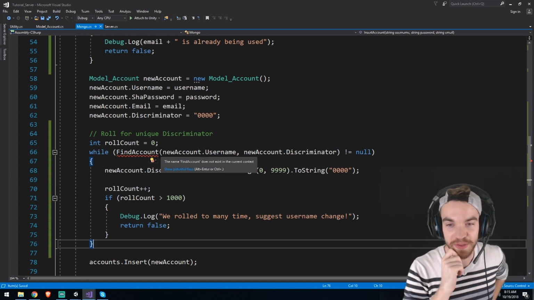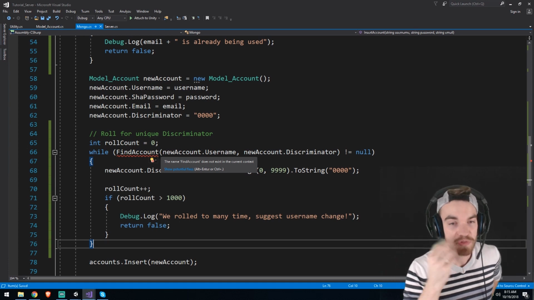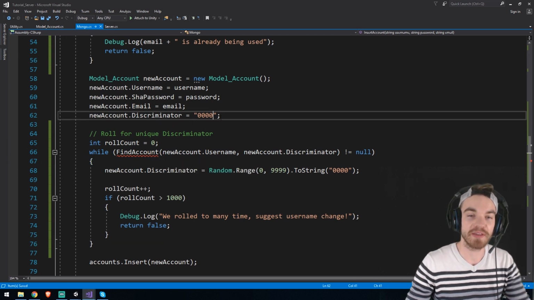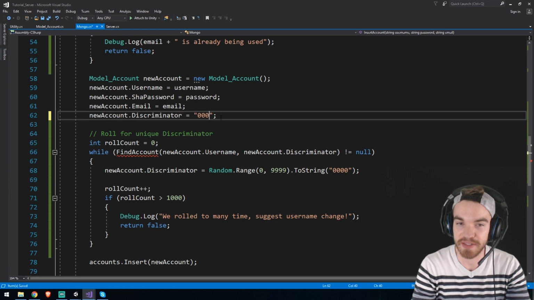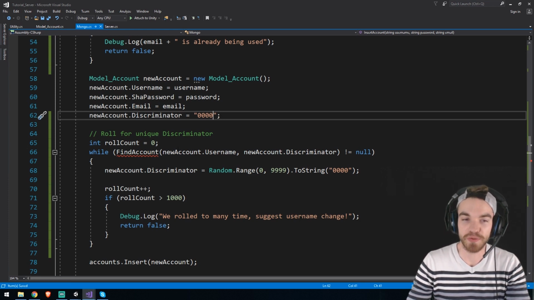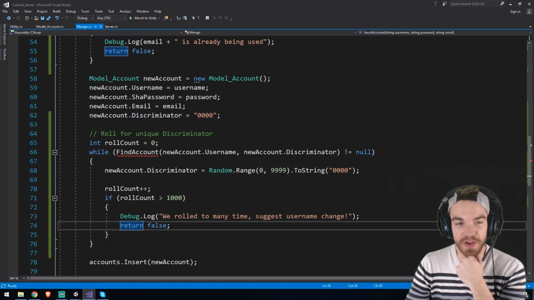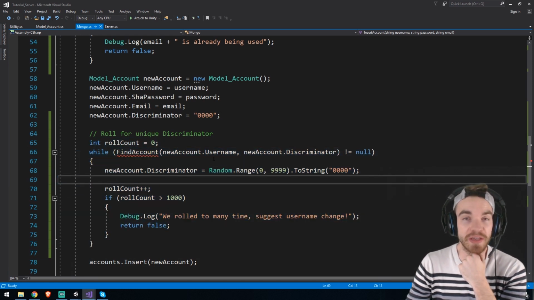It doesn't really look very good. If you want to change it, go for it. You can even go with increment, so you know exactly how many people have this username, just like this. I thought that I'd just do a random roll on it. Okay. Now you're going to find that in this piece of code, we are finding an account, just like we